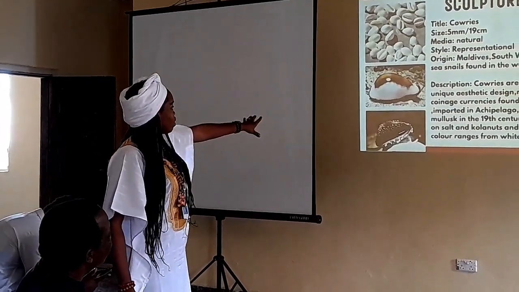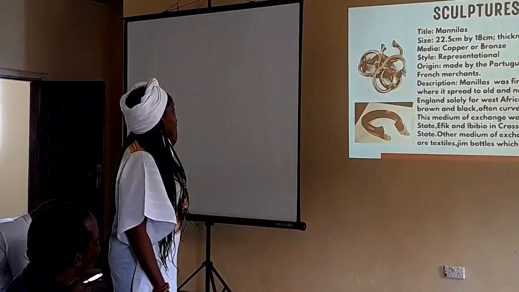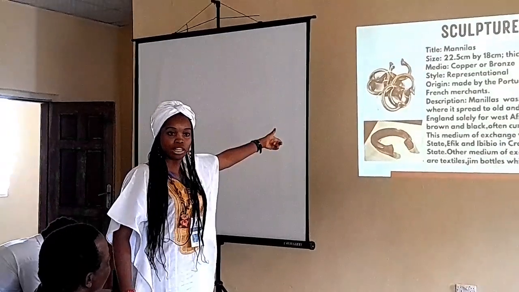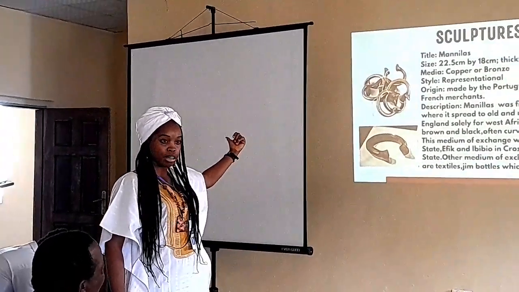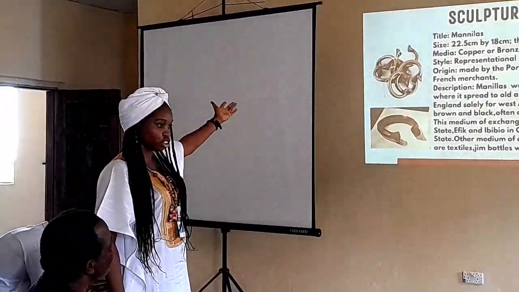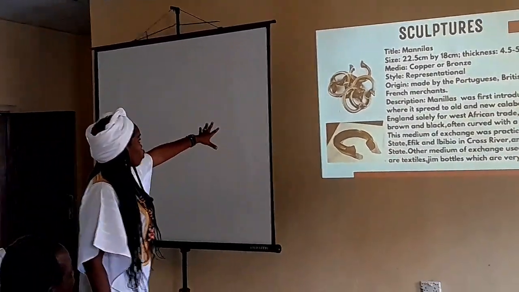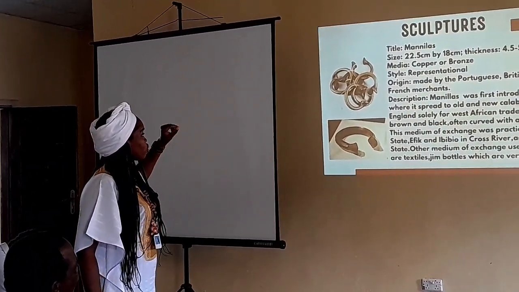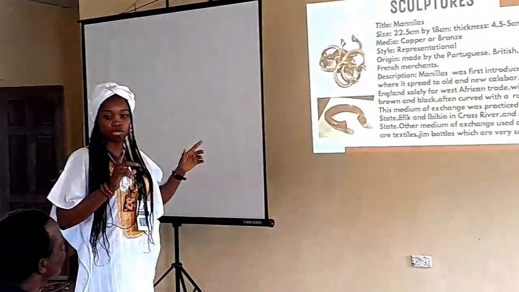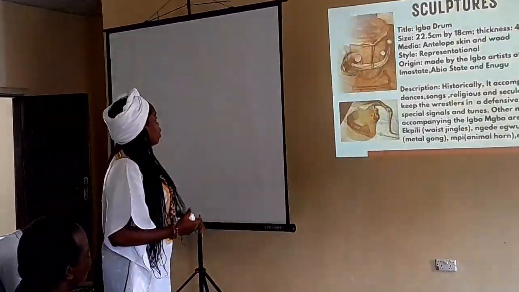So, okay, next. This is Manila. This one is man-made. White cowries is not man-made, but this is natural sculpture. This is man-made, made of copper and gold. Manilas is used in the same way as a medium of exchange. We have